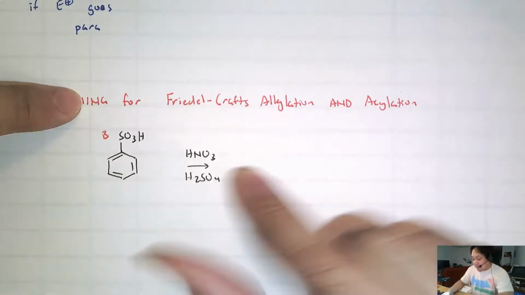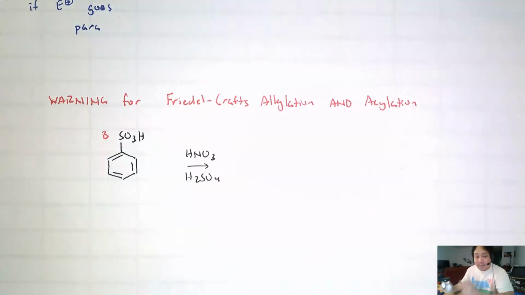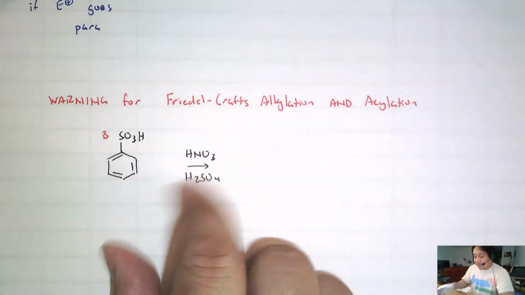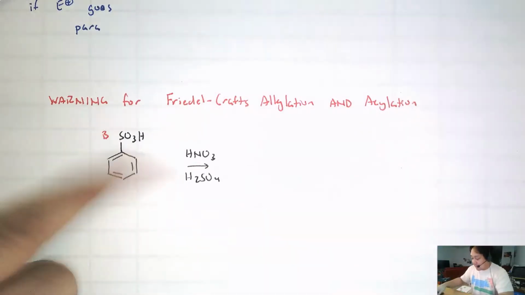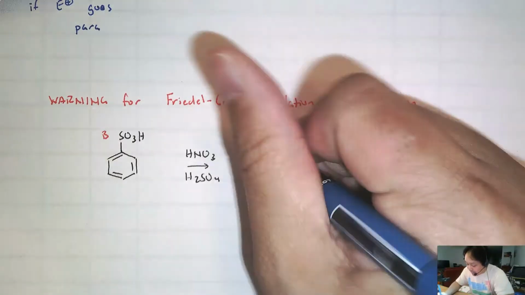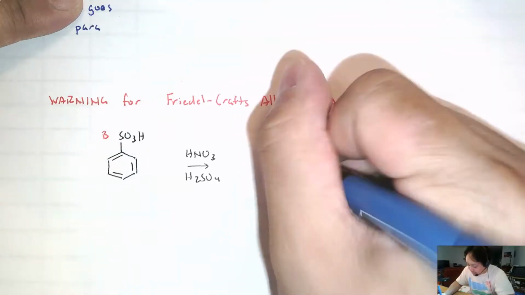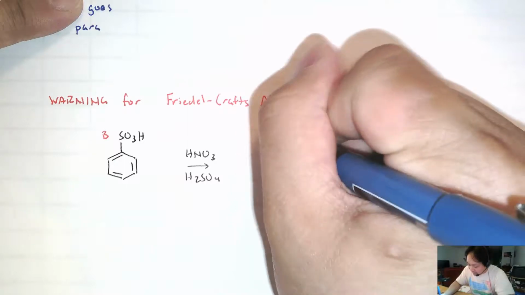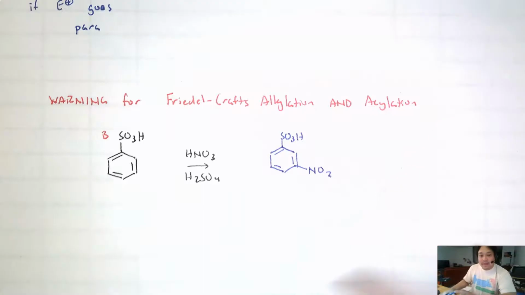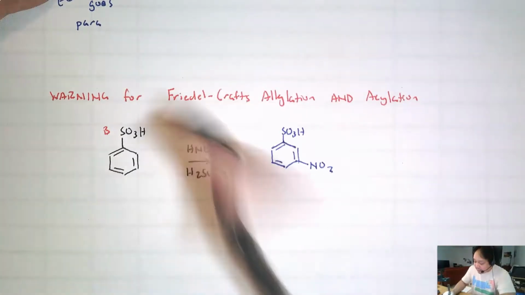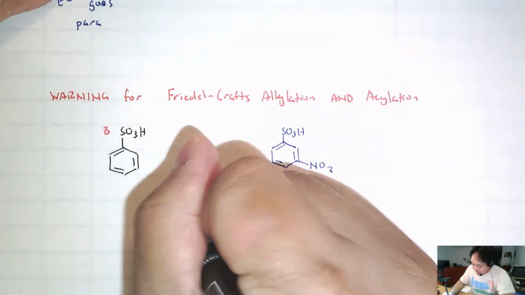Okay, so I know nitro. Eventually, we're going to have nitro. I know that's a quote unquote bad group, but it has nothing to do with where it goes. This is deciding. And based on our rules, if you have a bad group on the ring, your incoming electrophile will be in the meta position. And that's it. NO2. But if I try to do a Friedel-Crafts alkylation or acylation, and let's do acylation,